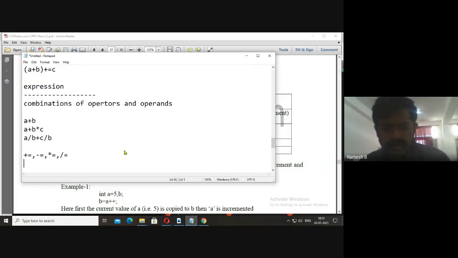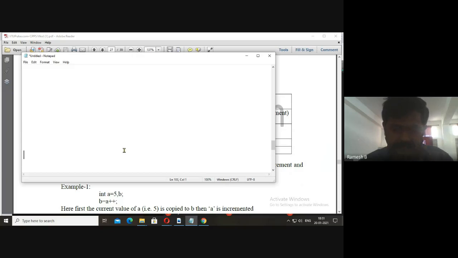If we prefix the operator, like plus plus a, this is known as pre-increment.